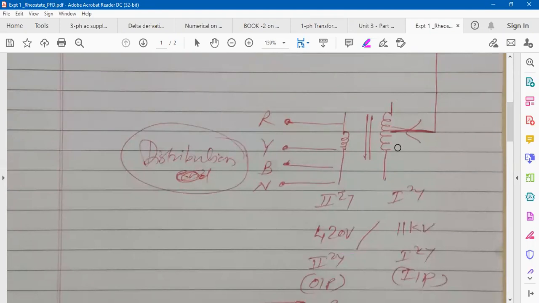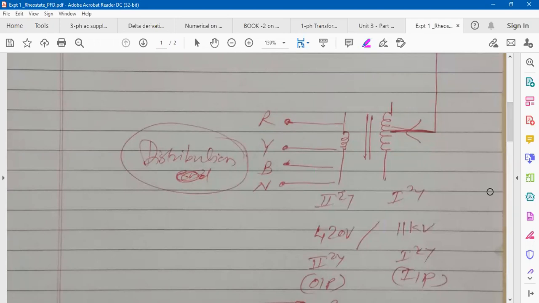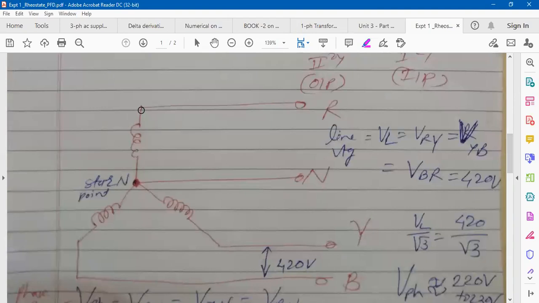So here it's a distribution transformer. This is also three phase. Three windings are there on primary, three windings are there on secondary. These three windings, primary and secondary, are either star or delta connected. Now, this distribution transformer, which you find at the distribution end, near load centers, near commercial, residential areas, industries, institutes. Its secondary three windings are on this side. These three windings are star connected. Means like this. This one is one winding, second winding, and the third winding. So for these three windings, one terminal of each is connected together.